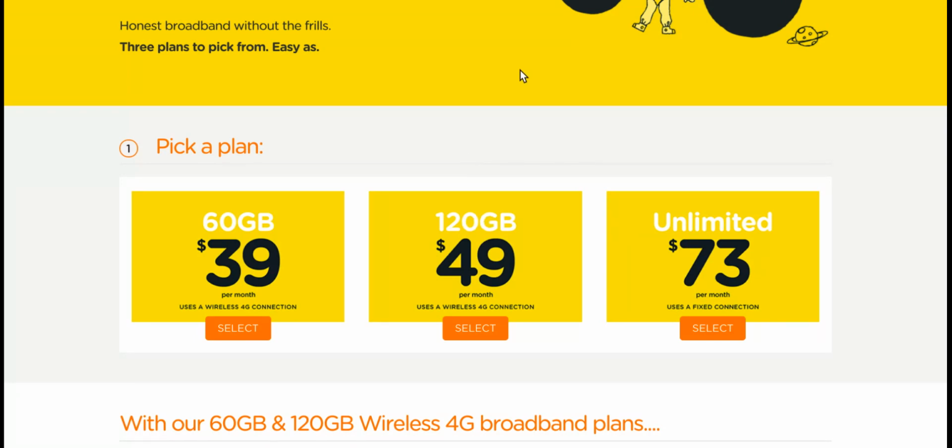So, of course, as anyone who knows about the whole process of getting fiber will already probably know from painful experience, you've got to get hold of Enable, down here in Christchurch, actually, I believe. They basically sort out the installation of the fiber. Well, actually, it gets sorted out through your ISP. So I'm with My Republic, although I might not be for too much longer based on some of the experiences I've had, which I'll talk about a little bit in this video,